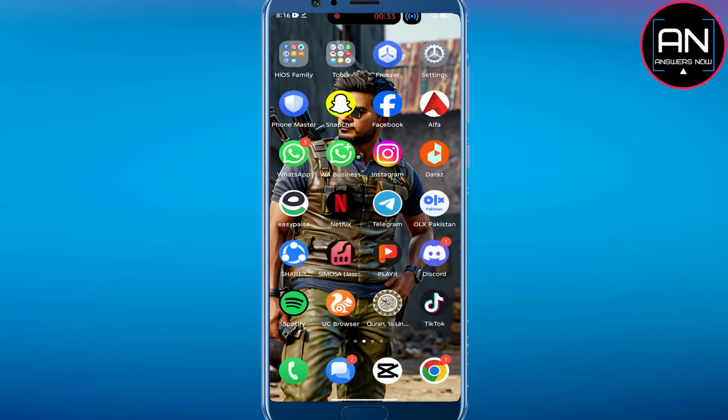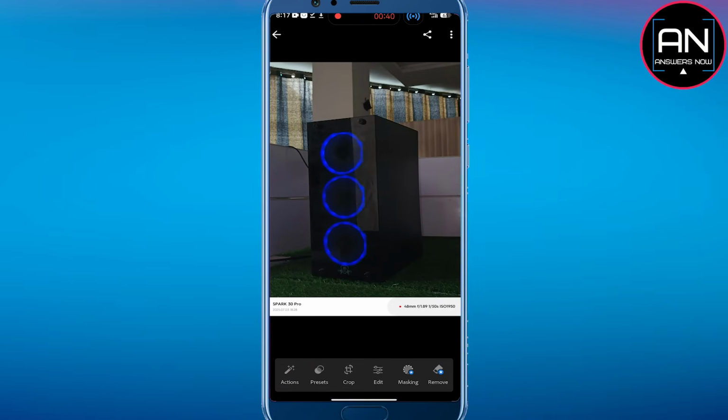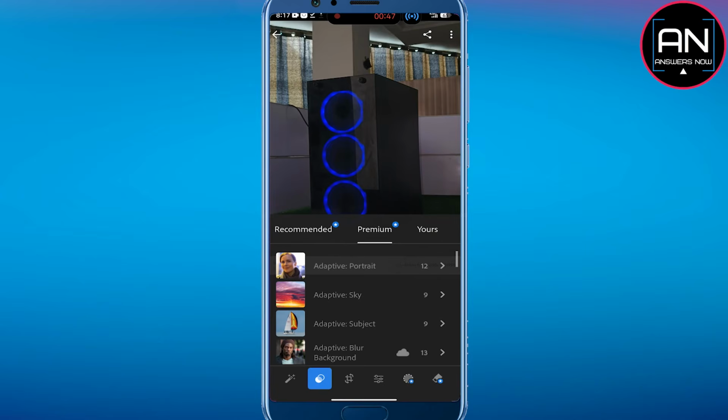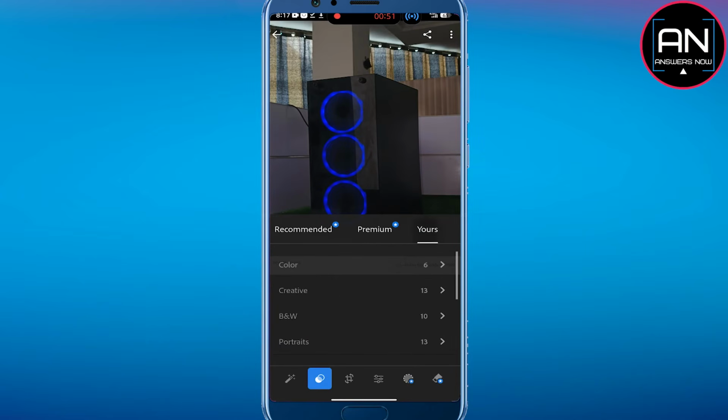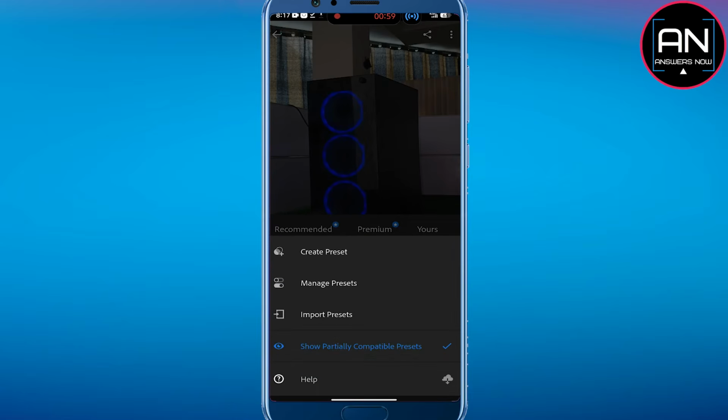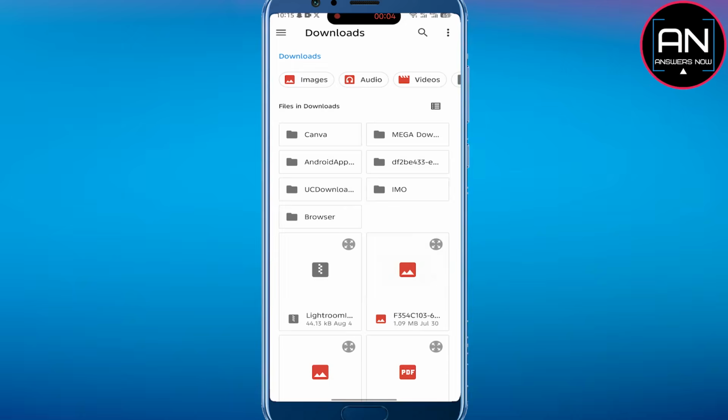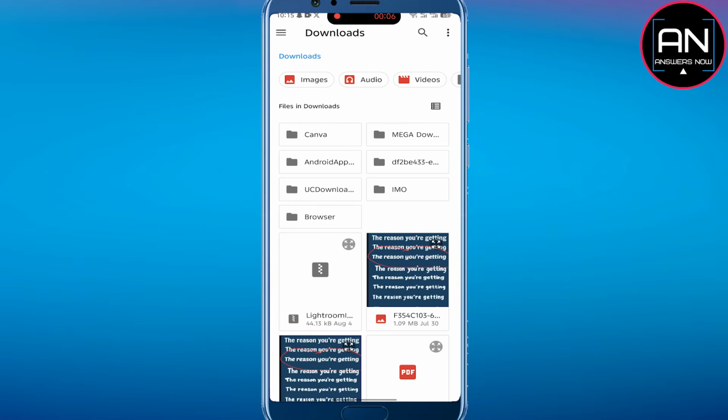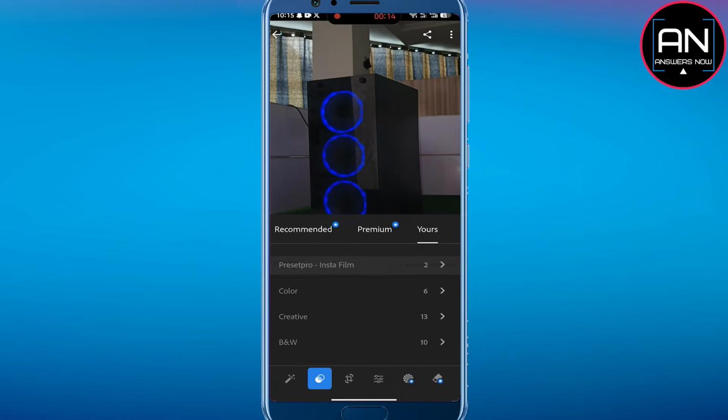Now open your Lightroom and then import your photo. Then click on the presets tab at the bottom of the screen. From here, click on this Yours and then click on these three dots in the top right corner. Now select this Import Presets and now you have to locate where you have downloaded the preset. As you can see, here is the preset. So you just have to simply select that preset